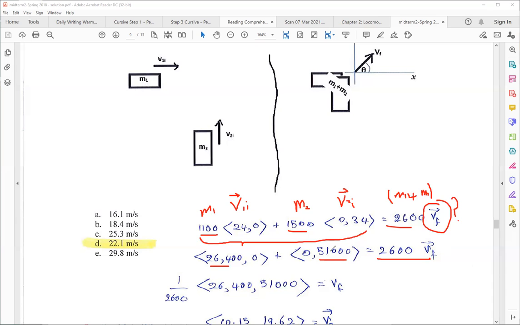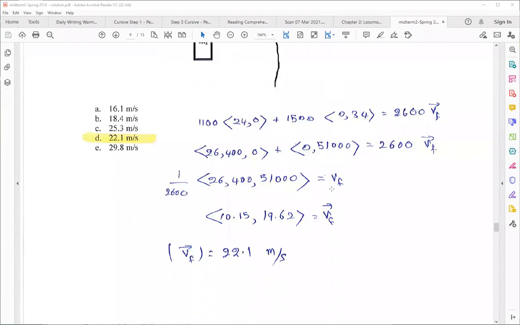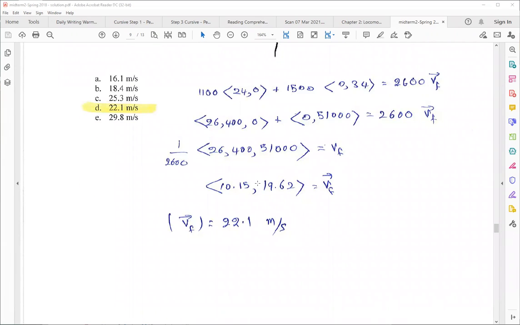Now the v final will be equal to the sum of the two vectors, so these will be the vector components, and then you divide by the total mass, and this will give you the v final. Again, straightforward. Now, these are the vector components of the final velocity. If you need the magnitude of velocity, so this is the magnitude of velocity,